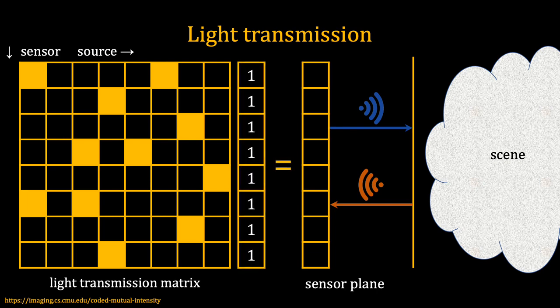Since waves are additive, all source contributions at a given pixel are added up to generate the final signal. This translates into multiplying the transmission matrix by a vector of ones, giving an algebraic expression that represents how the input light wave is related to the output.